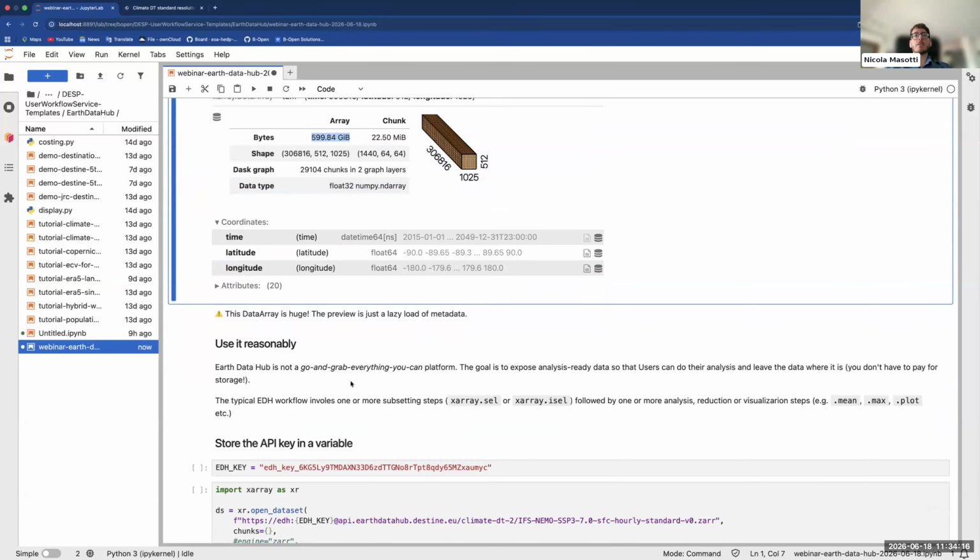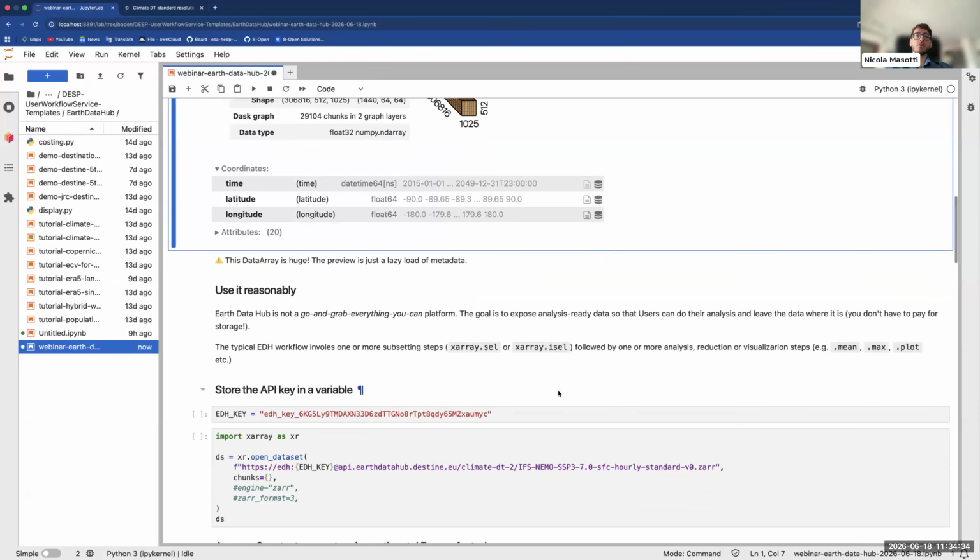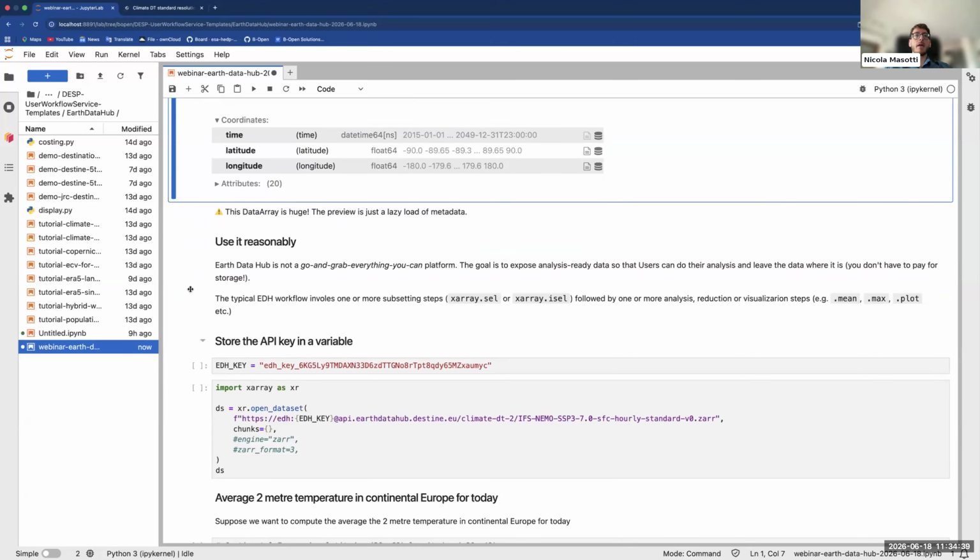Earth Data Hub is not a go-and-grab-everything platform. The goal is to expose analysis-ready data so that users can do their analysis and leave the data where it is. So you don't have to pay for storage, and if you use other DestinE platform services such as Insula Code, you don't even have to pay for compute resources, so you can do all your analysis and processing remotely.